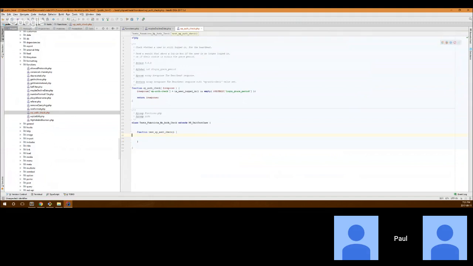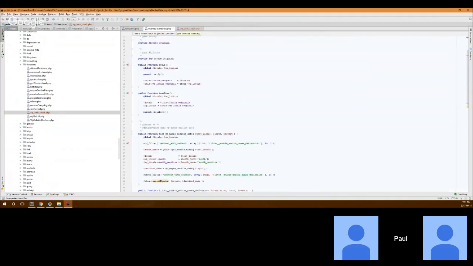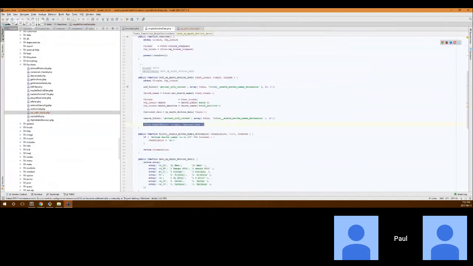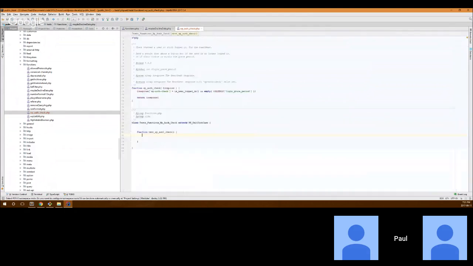So let's just do basic search equals on it. And we want that to be